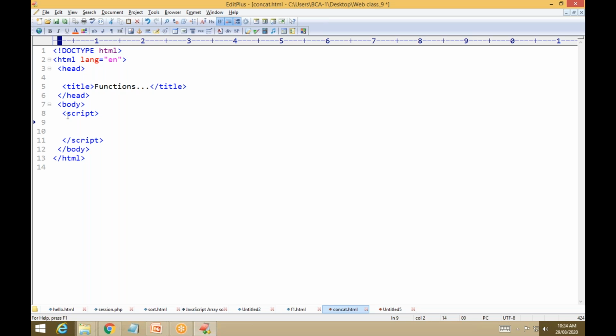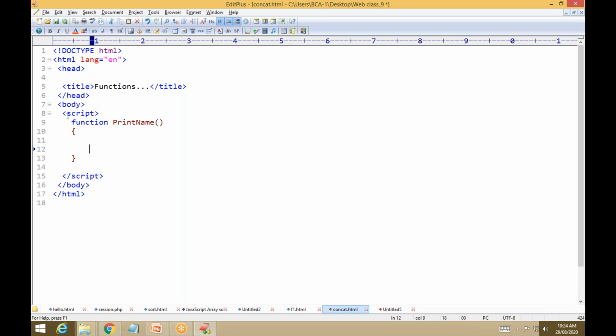So how you create a function, you know already. The function keyword. Okay, function is a keyword, then the function name. Okay, here I am creating one function, print or hello, whatever name you can create. Print name. Okay, open and close bracket.